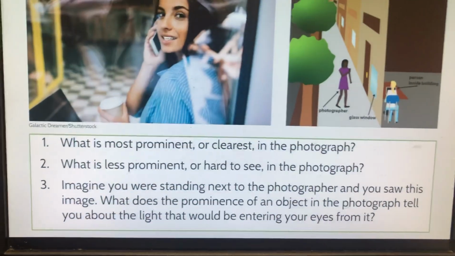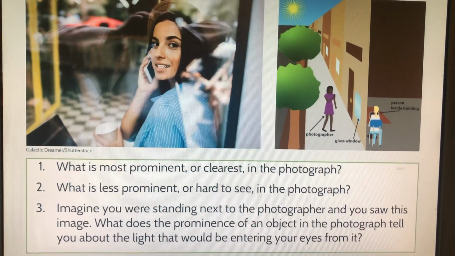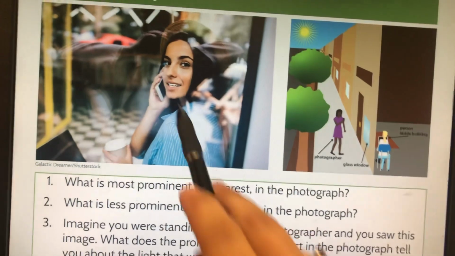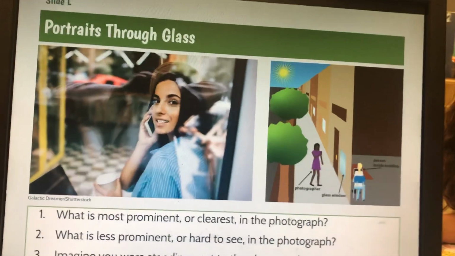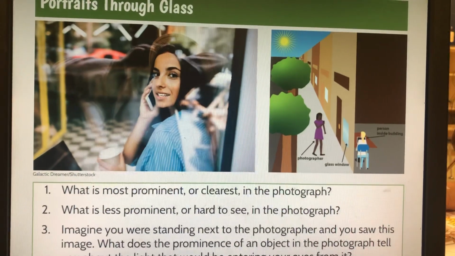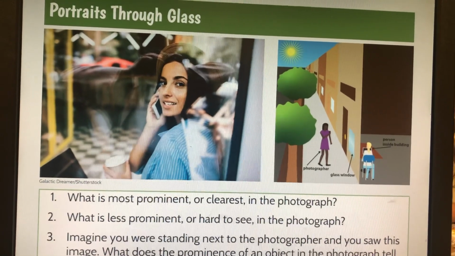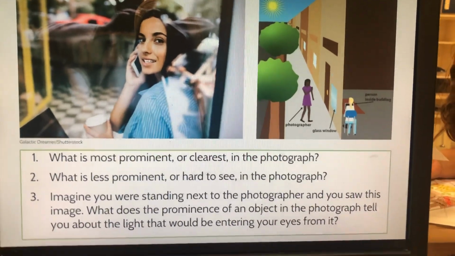So again, the question is, if you were standing next to that photographer and you saw this image, you're trying to figure out what's going on with the light, okay? And remember, you can see a little bit of the reflection, but you can see most of this, okay? And we've learned about light. We learned that the side that the brighter light is on acts like a mirror, and the side with the dimmer light acts like a window. So what I